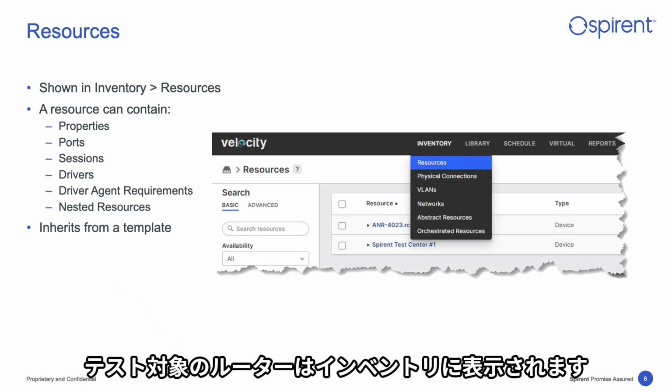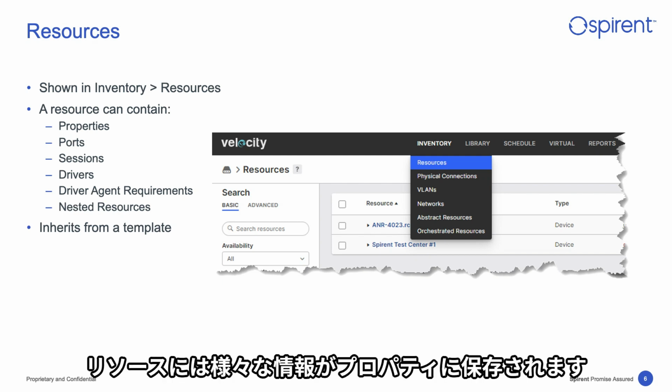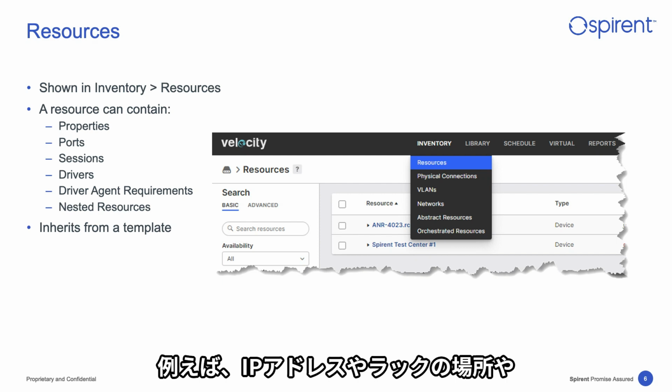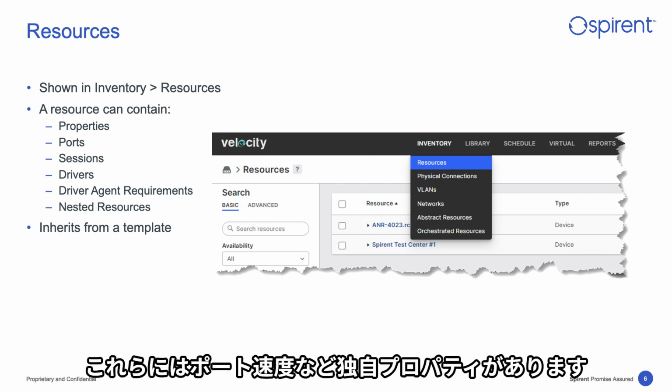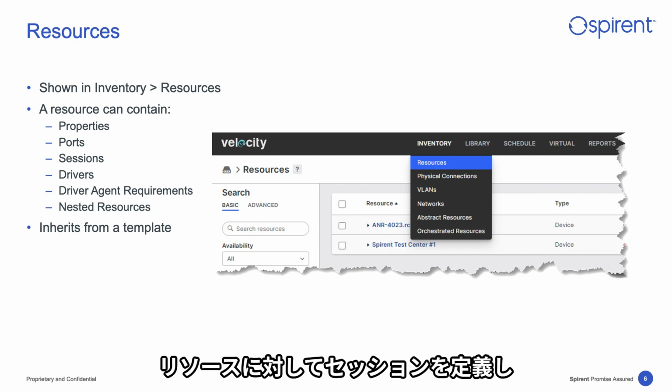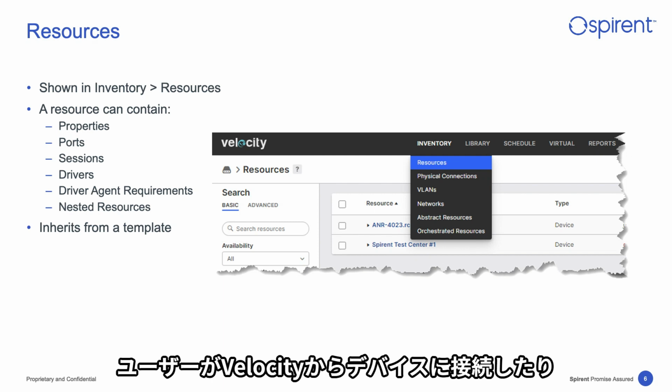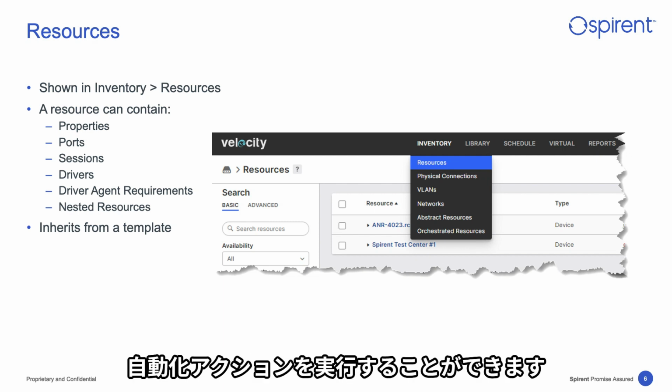The router we're testing is represented in Velocity inventory as a resource. Resources contain a number of properties to store things like their IP address and rack location. Ports can be defined to track connections to other devices. These can have their own properties, like port speed. Sessions can be defined for a resource to allow users to connect to a device from Velocity or run automated